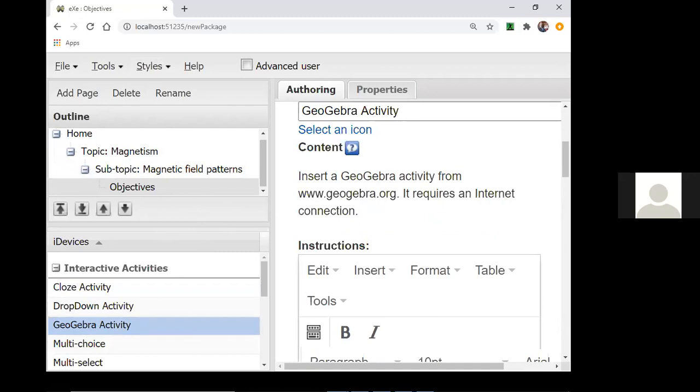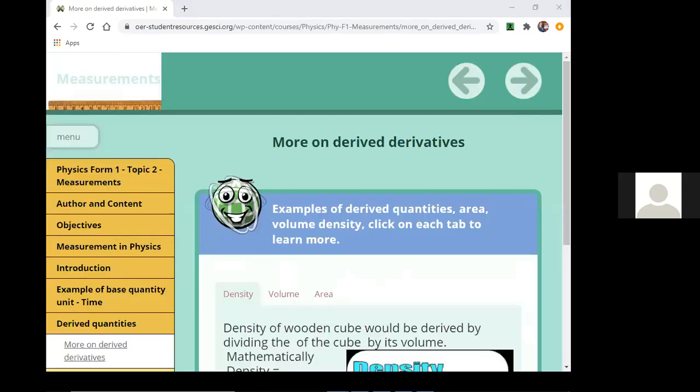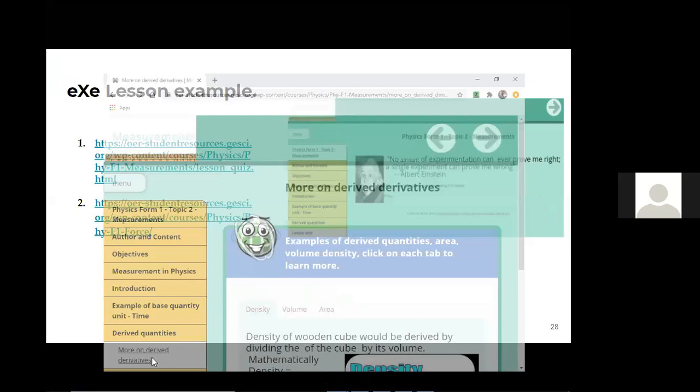Then once you have packaged your lesson, probably let me minimize this, and also minimize this.